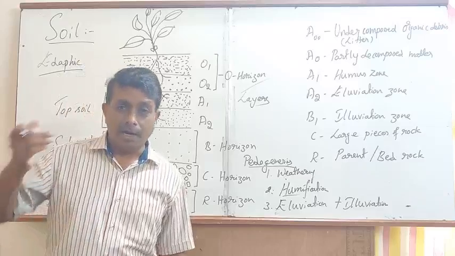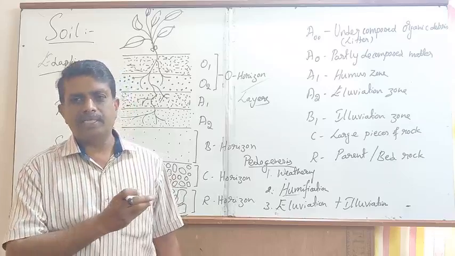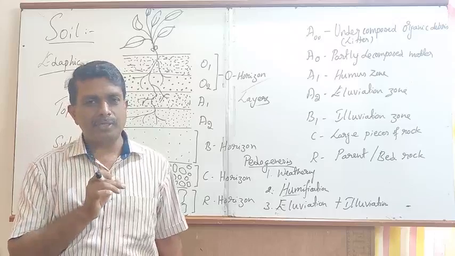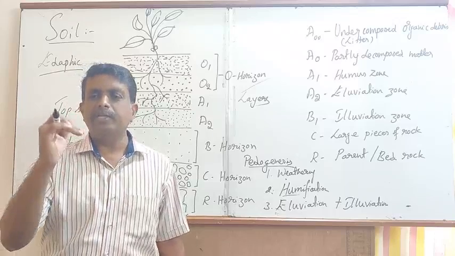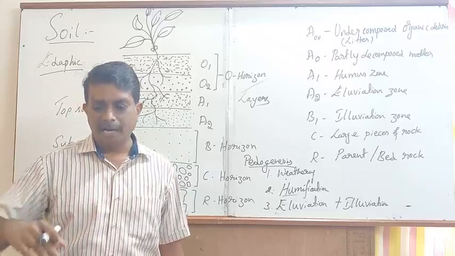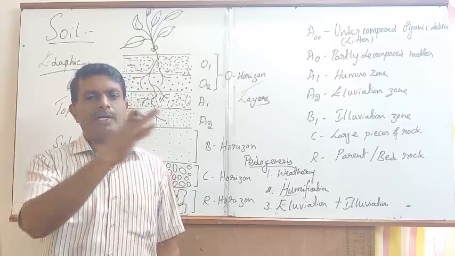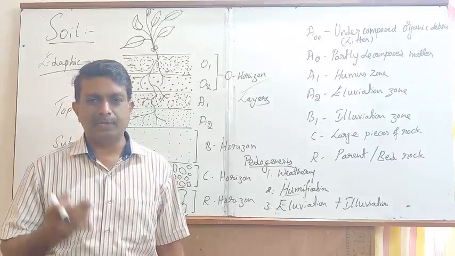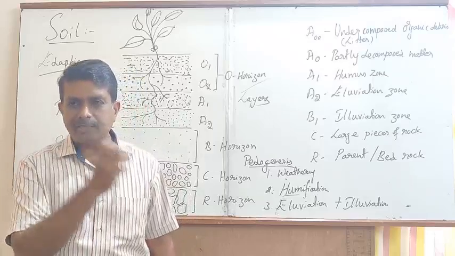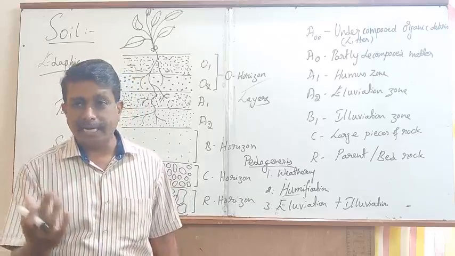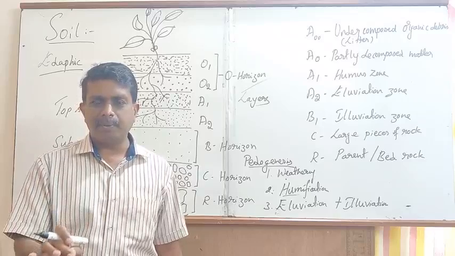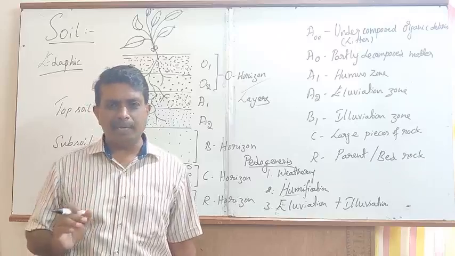In addition to this, along with soil texture, percolation, water holding capacity, the type of mineral composition present in the soil, the pH and the topographic condition. The surface texture of the earth is considered as topography. These are the other determining factors that play a very important role in determining the soil types and their characteristic features. So the size of the soil particles or grain size, the soil composition, the percolation, the water holding capacity, pH, mineral composition and topography are some of the important determining factors that will